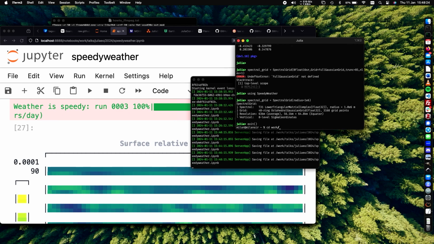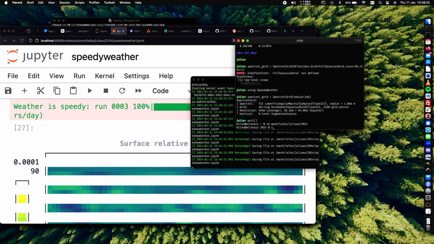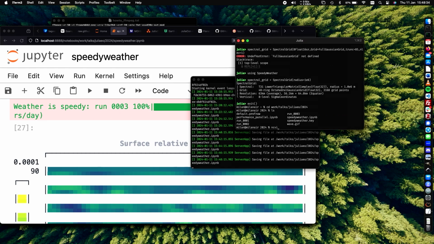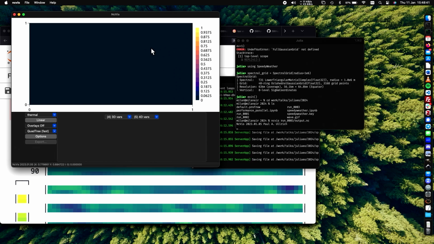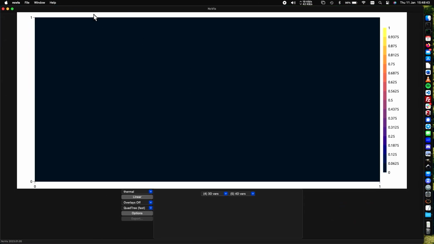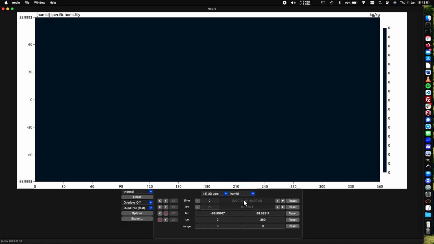I think we were in talks, JuliaEO, no, where are we? 2024. And then what we just simulated was this one here. And so this is this NC-Vis viewer. I think it's a bit similar to what Francesco displayed yesterday for HDF5. And now we could, for example, look at